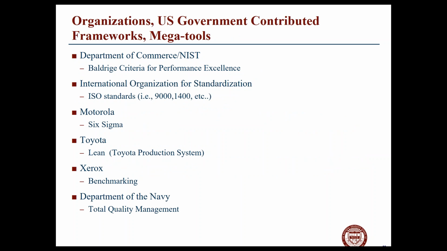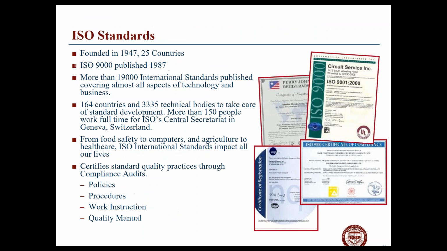One is that in your textbook, the one that hopefully you've already gotten and begun reading, they talk about these frameworks as mega tools, and they talk in the book about the Baldrige and ISO, Motorola and Six Sigma, Lean, and benchmarking as mega tools. In other words, these are approaches that are distinct, they're unique in many ways, but they're basically approaches to improve an organization, and that's how they covered it in your text. So that's how we reference it there.